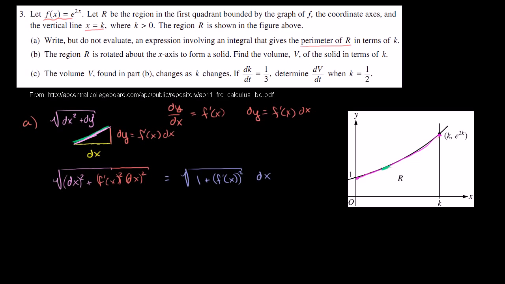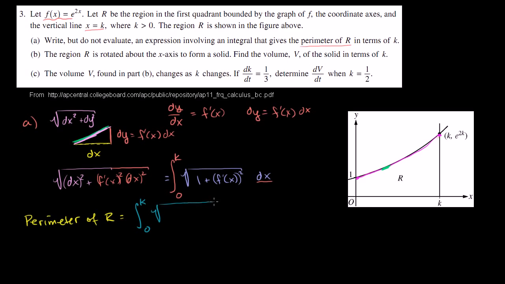And it wouldn't even be this big. It would be a super infinitesimally small piece of arc. We could call it d arc right over there. And essentially we want to sum up all of these little segments. So we want to sum them up from x is equal to 0 all the way to x is equal to k, because we're integrating with respect to x right over here. So this arc length right over here, so let me write what they want us to figure out. We're trying to figure out the perimeter of R. Perimeter of R is equal to, first, this part. So this is the integral from 0 to k, x is equal to 0 to x is equal to k,